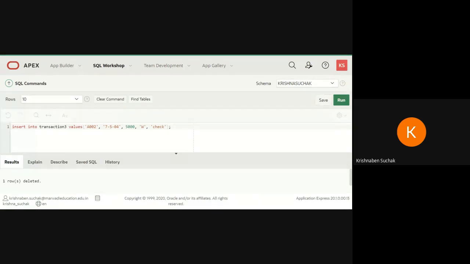Any doubt here? Inserted duplicate value.